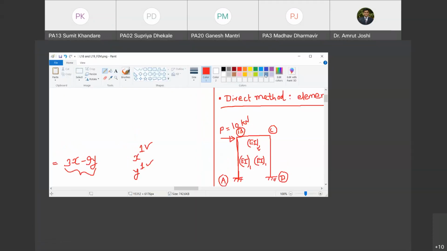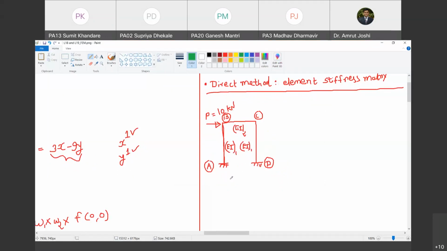Okay. Now I'm going to name global degrees of freedom. So global degrees of freedom are assigned to the entire structure. Are you with me? Yes, sir. So this is the entire structure at a glance. At A, which are the global degrees of freedom that I'm going to consider? I'm going to consider only 2 global degrees of freedom per node. What are these degrees of freedom?